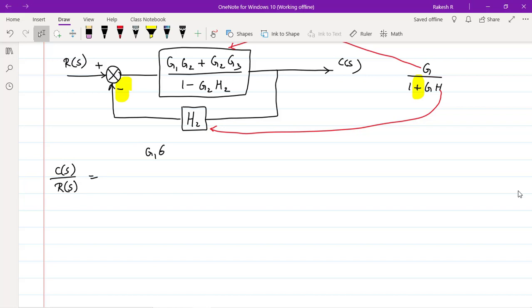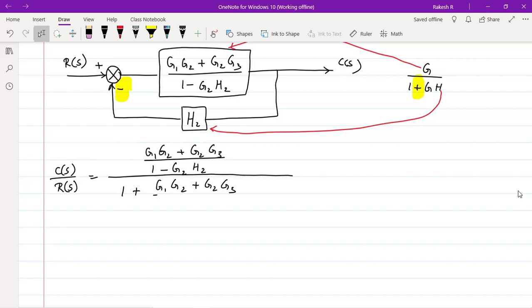G1 G2 plus G2 G3 divided by 1 minus G2 H2, whole divided by 1 plus G here, which is G1 G2 plus G2 G3 divided by 1 minus G2 H2, into H. H is what? H2 here. Right. Now we shall solve this